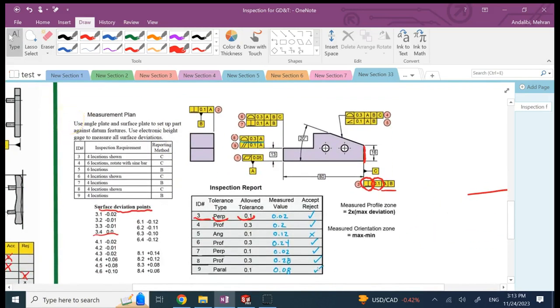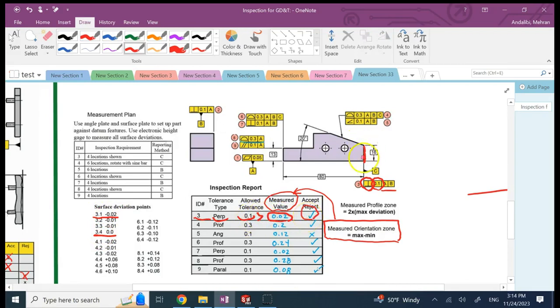If it's an orientation zone, the amount of deviation that you are measuring, which here we call measured value, is simply the maximum deviation minus the minimum deviation. In this case, the maximum and minimum are negative 0.02 and 0. If you subtract, the result is just 0.02, and clearly this is less than 0.1,